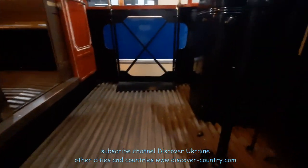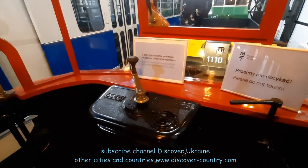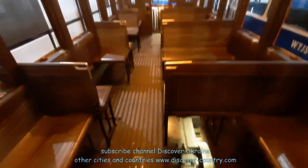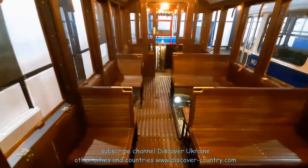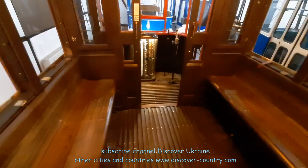I visited this museum in 2018, and I think in 2020 or 21 there was a global renovation of this museum. The hangar is the same, I mean the trams are the same, but the content is different from what it was in 2018. Frankly speaking,